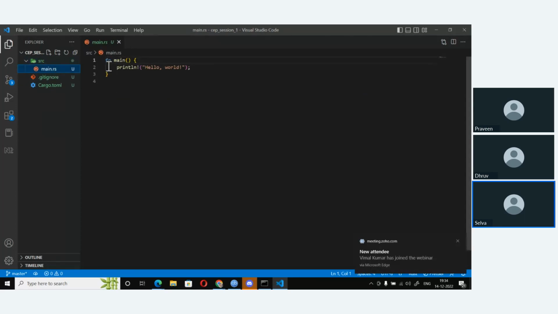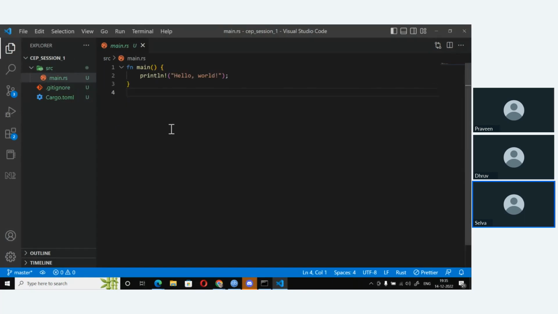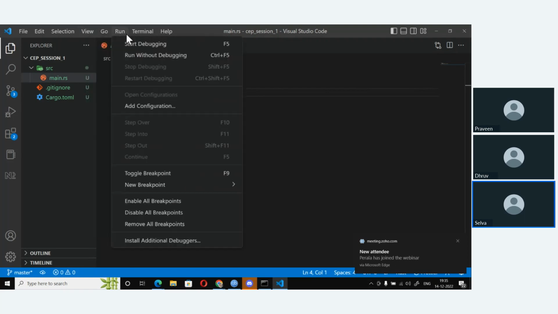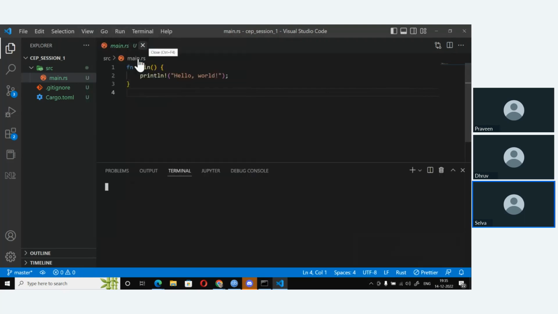This has already been created, which has a hello world program in there. So this is the boilerplate code that you already have. So how do I run this? Now, two ways. One is you can go back to the command prompt and do it, or what you can do is, in the View menu, you can create a new terminal. So this will open up the terminal for you. In the terminal, you'll see you are already in the project folder. So this is a very good thing that happens with the terminal.